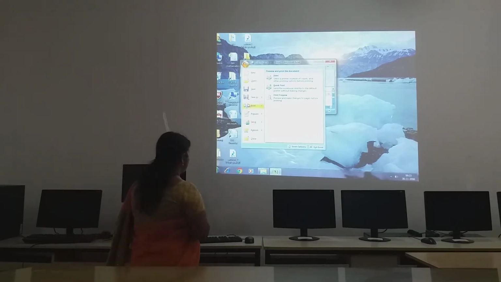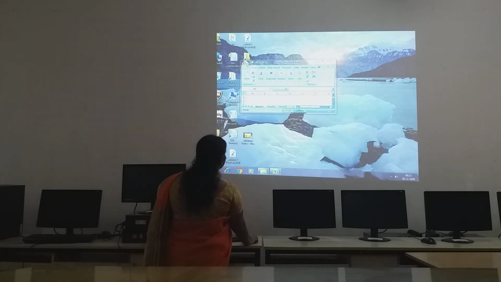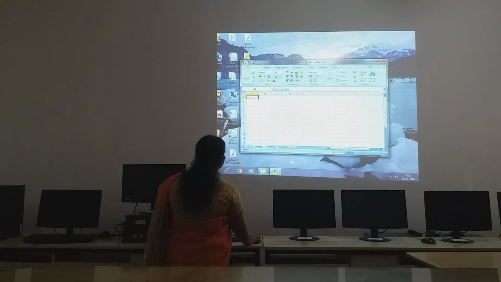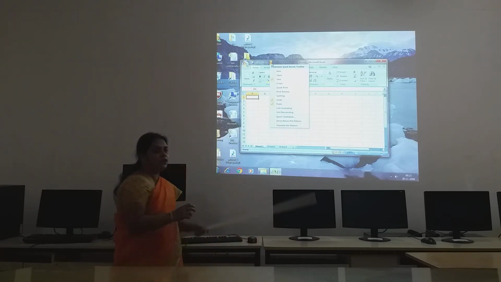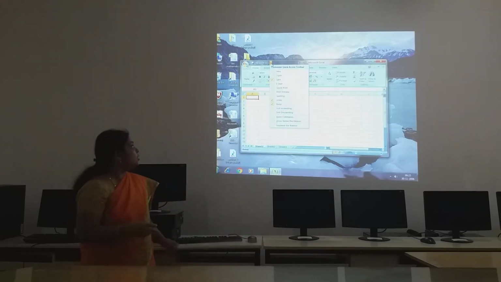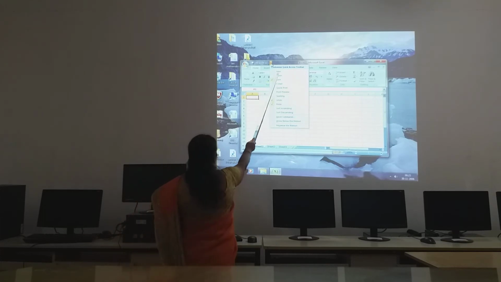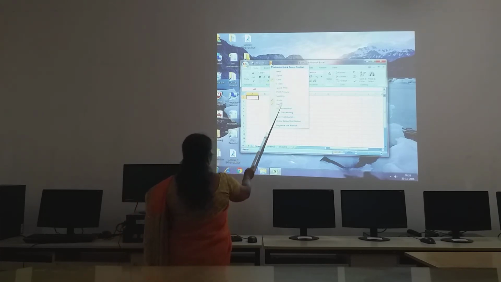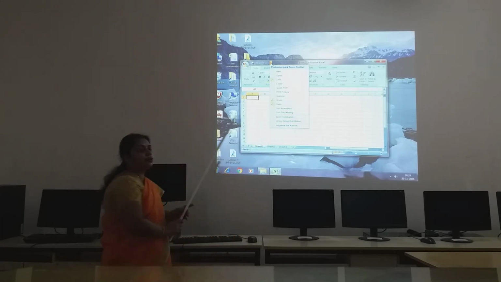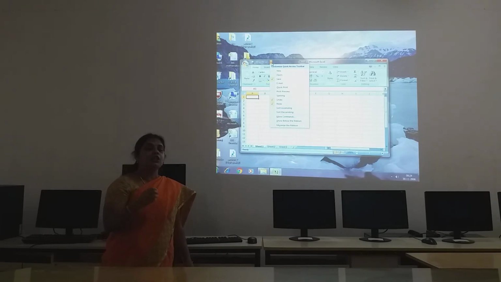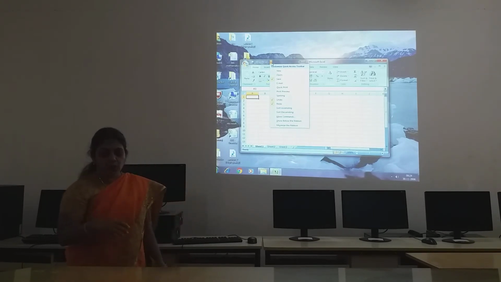The next one is your quick access toolbar. Okay, so that one is here. See, customize quick access. Some of the work you will be repeatedly doing. So what are the works? Like opening a file, a new file, saving, undo or redo. So many options are there. So to easily make use of those things, it is called the quick access toolbar.